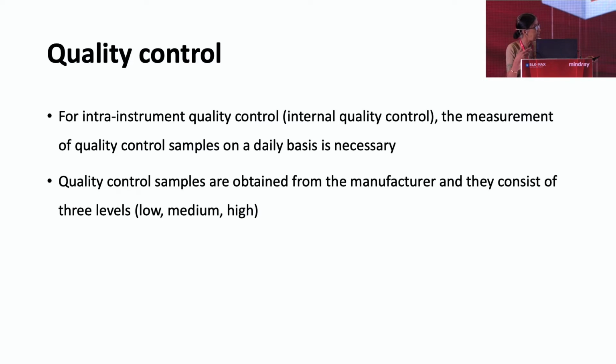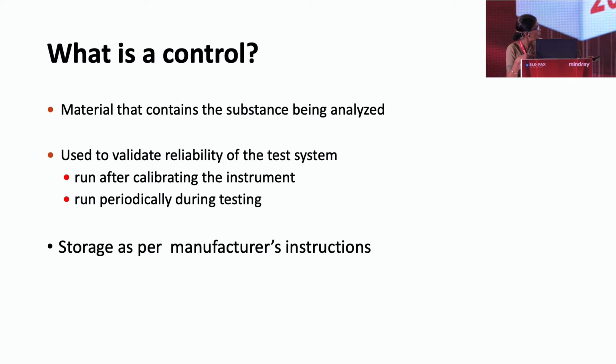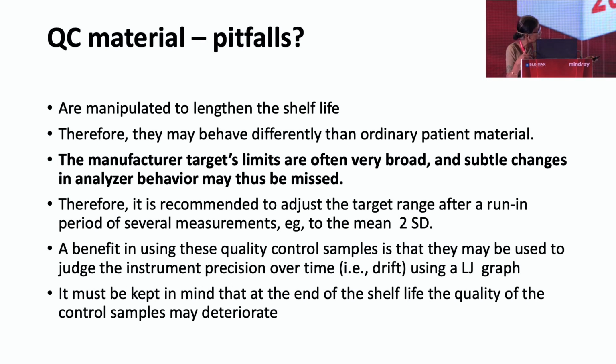These are easily obtained, provided by the manufacturer. So these are run after calibration of the equipment and periodically on a regular basis during testing with appropriate storage conditions. That becomes important. The next question is, are there pitfalls with the QC materials that are available to us? The manufacturer's target limits are often very broad. Thereby, subtle changes in the analyzer behavior can be missed. Therefore, it's recommended to adjust the target range after the laboratory runs several runs and measures its own mean and target range. A benefit in using these QC samples, as we all know, is we can identify drifts using